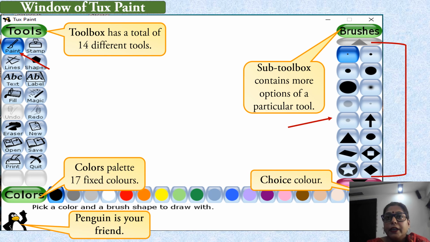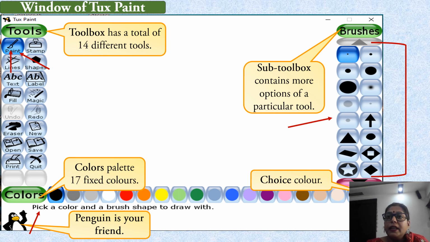For example, here the pen tool is selected, because it is highlighted in blue color. The penguin tells us to pick a color and a brush shape to draw with.